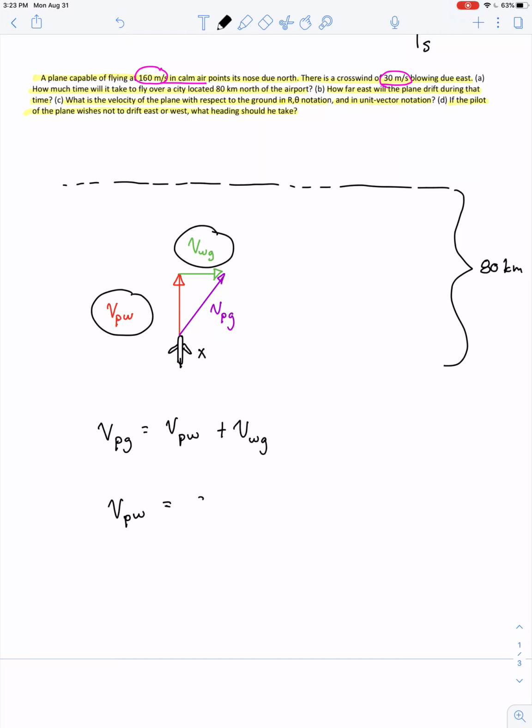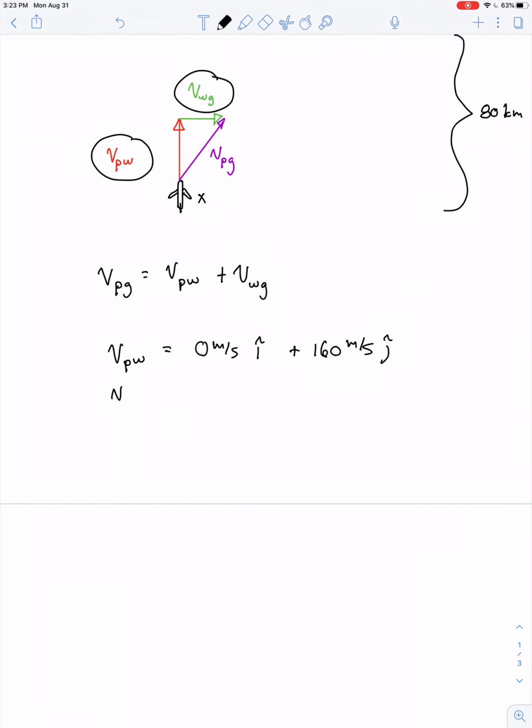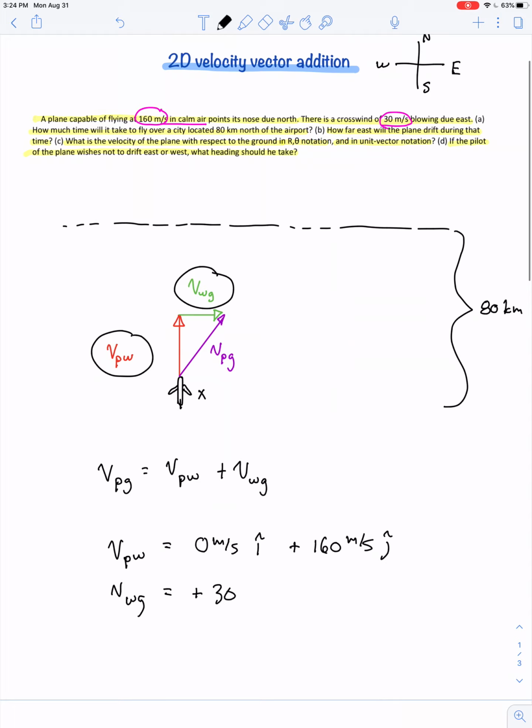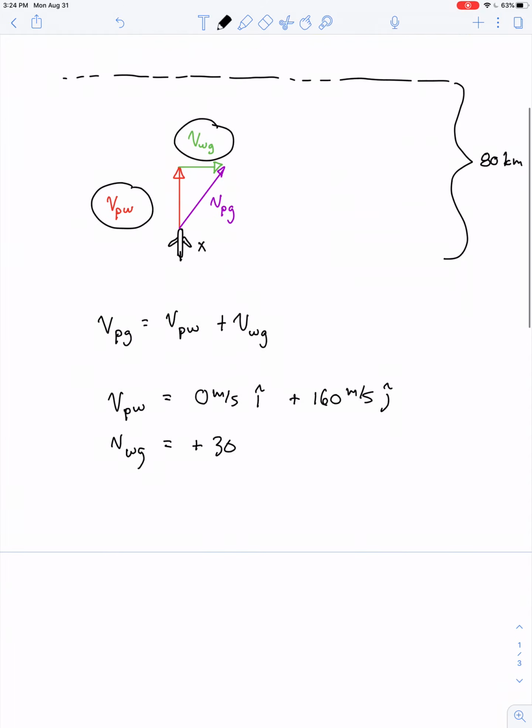So we say this is represented in unit vector notation as 0 meters per second i hat plus 160 meters per second j hat. The velocity of the wind with respect to the ground also has a zero component, but the zero component for that one lies along the y-axis. So this is positive 30, did I get the number right? Yeah. Positive 30 meters per second i hat plus